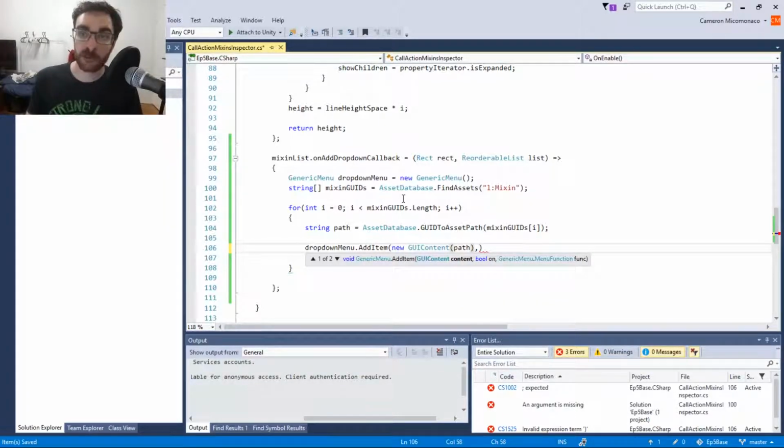And the way that this works in the menu is every time there's a slash, it's going to give you a sub menu. So our path here is going to have path directions, just like you would normally see in a path to an asset, but the menu is going to split it up into different sub menus, which will be nice because then Mixins that are in the same folder are going to be grouped by sub menus already. And then we need the bool on, which is false, I believe, and then a function basically